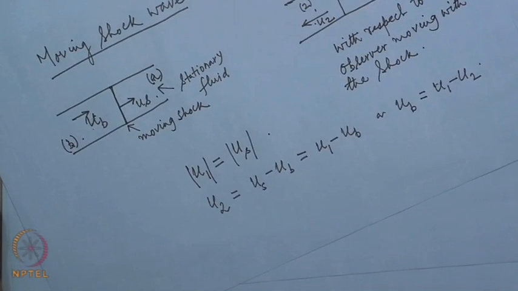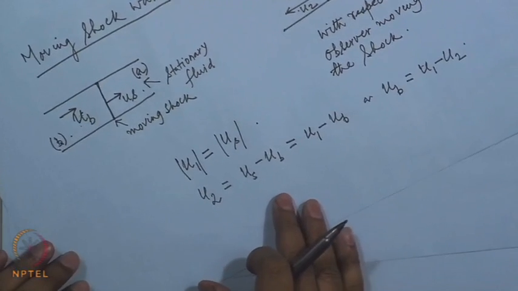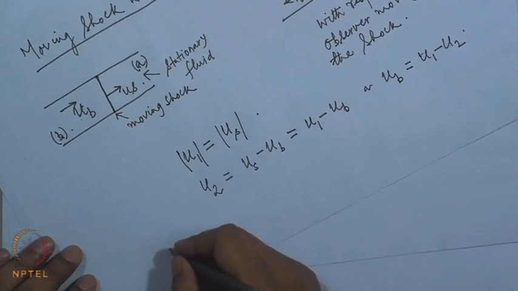The jump relations in this case may be written in terms of shock speed and the speed of the fluid beyond the shock, and using the transformation, the shock Mach number we can define as